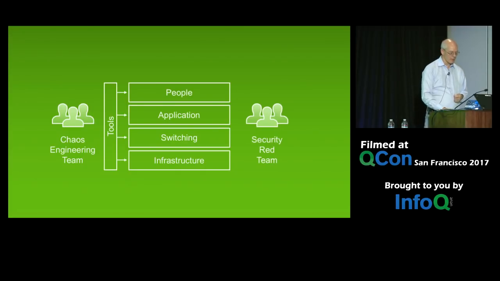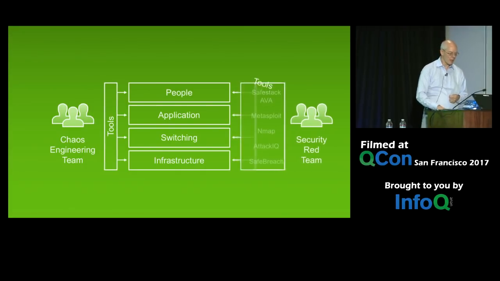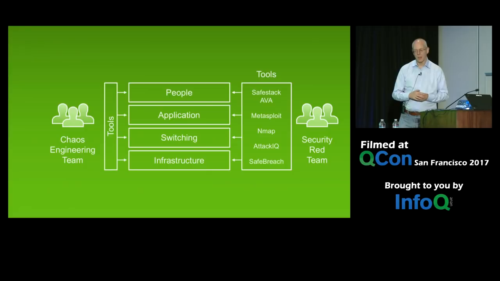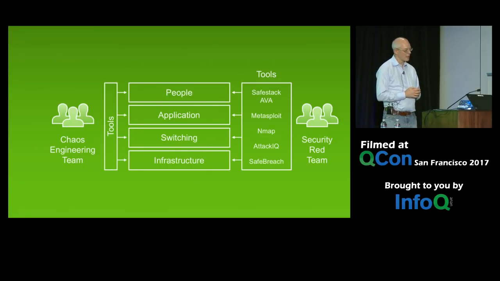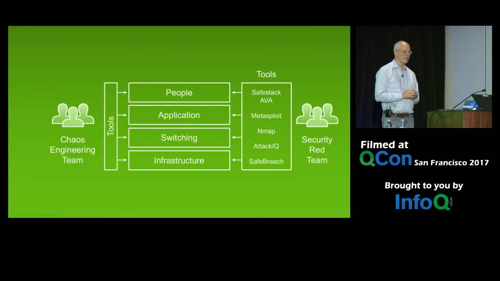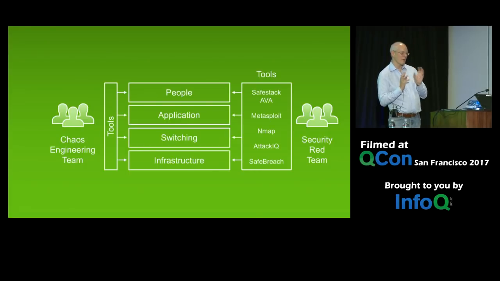So they build tools. There are tools for this too. One of the neat ones is what's the human level, right? Kind of like game days. So SafeStack Ava is actually an open source package which does simulated spear phishing email attacks on companies, right? It generates emails that have links which say, hey, you should click on this link for this special offer thing. And if you click on it, it says, no, bad person, don't click on links, right?